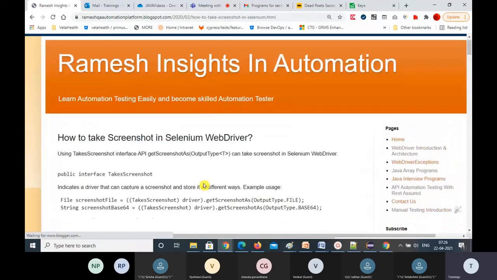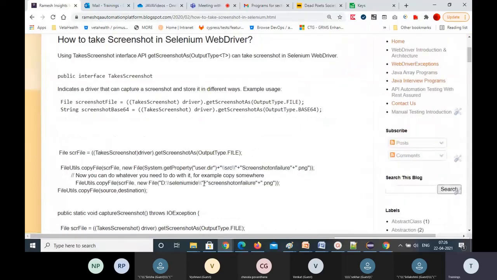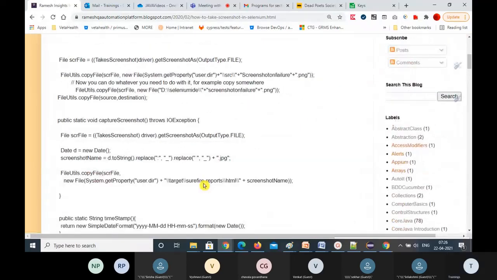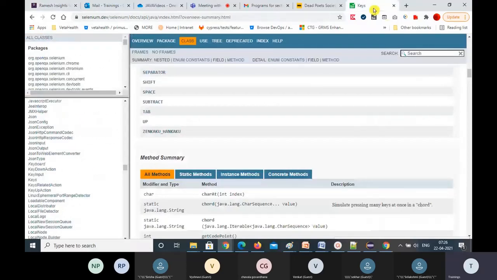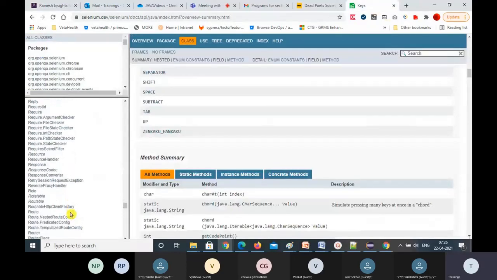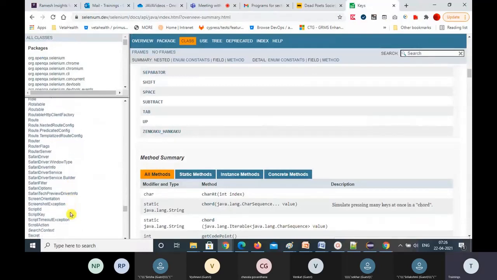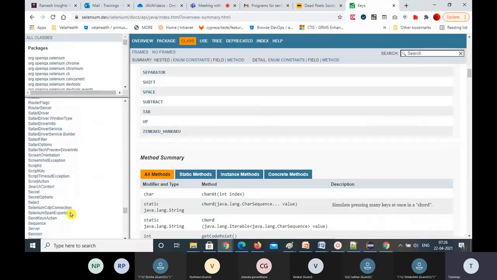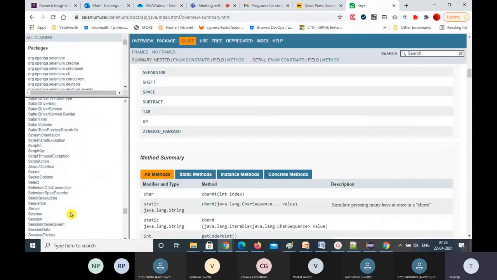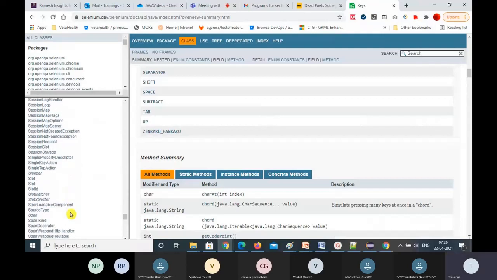I have written a reusable method here. Basically, there is a TakesScreenshot interface. That interface provides a getScreenshotAs method, which returns for us a file type, byte format, and different formats.